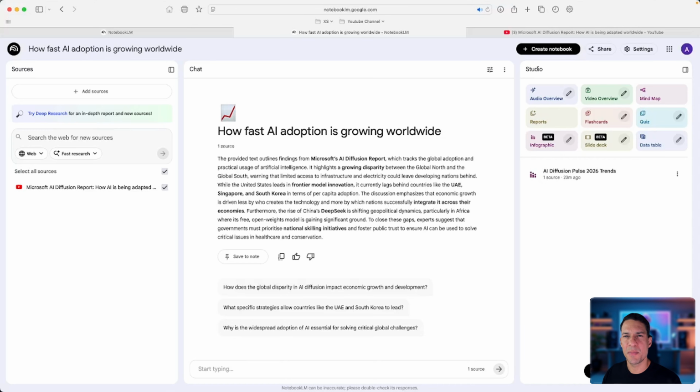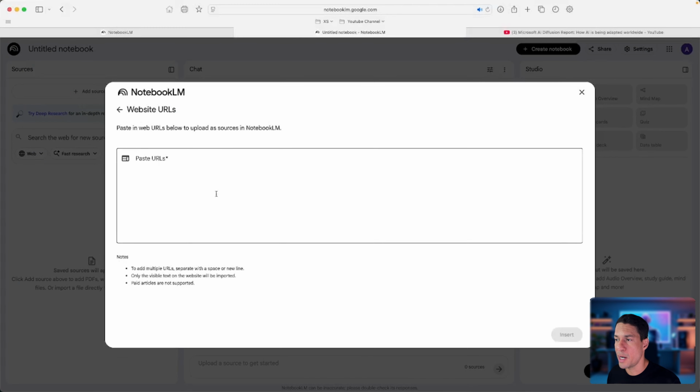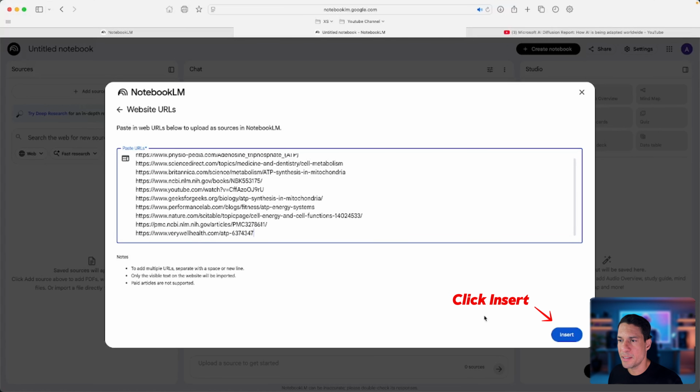Now, let's switch to something a bit different, just to show you more of what NotebookLM can do. This time, instead of using a YouTube video, I'm going to add a few URLs I researched earlier about how the human body produces energy. First, I will click on Create Notebook. I will choose website this time and paste those URLs in. Then we click Submit and let